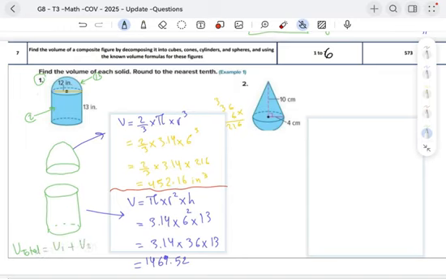And in the last step, we have to find the total volume, V total, equals the sum V1 plus V2, the volume for the hemisphere plus the volume for the cylinder. This is the volume for the hemisphere and this is the volume for the cylinder. We're going to add them together. This will give us 1921.68. And the question asked me to round to the nearest tenth. We're gonna round it up since here we have 8. So the final answer will be